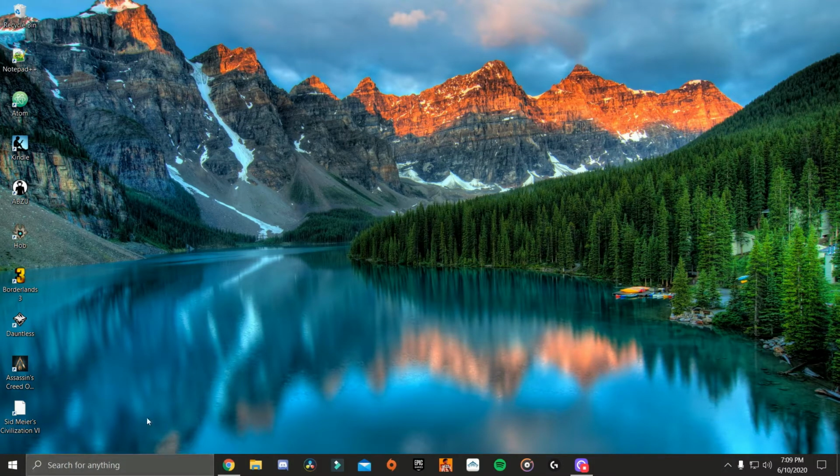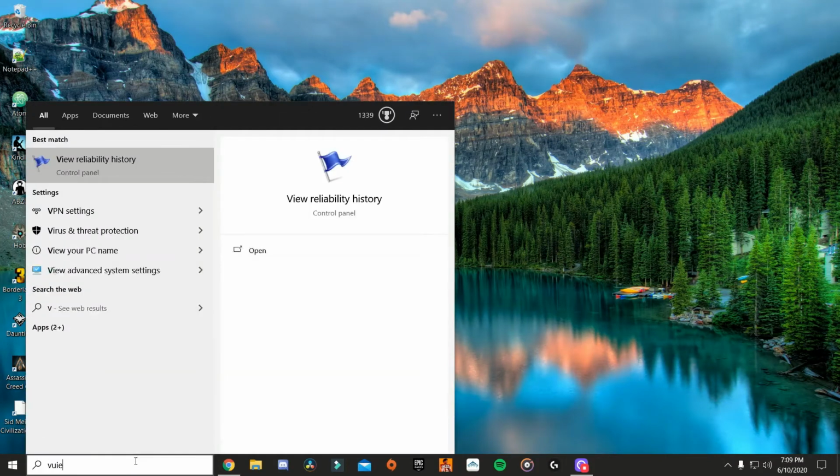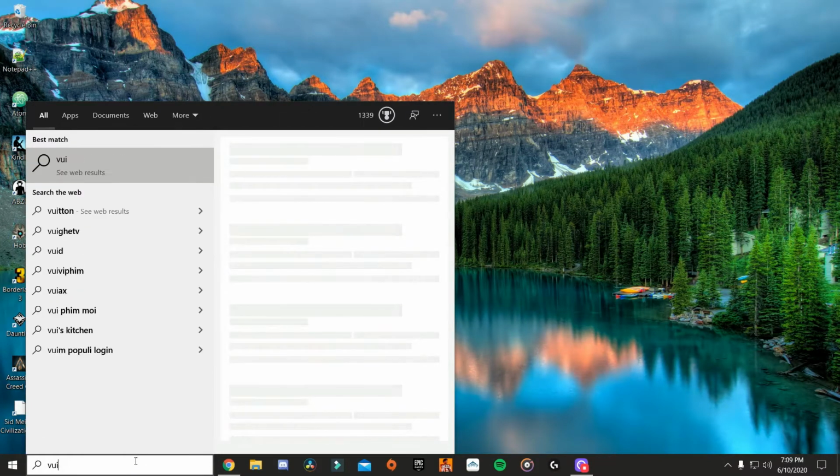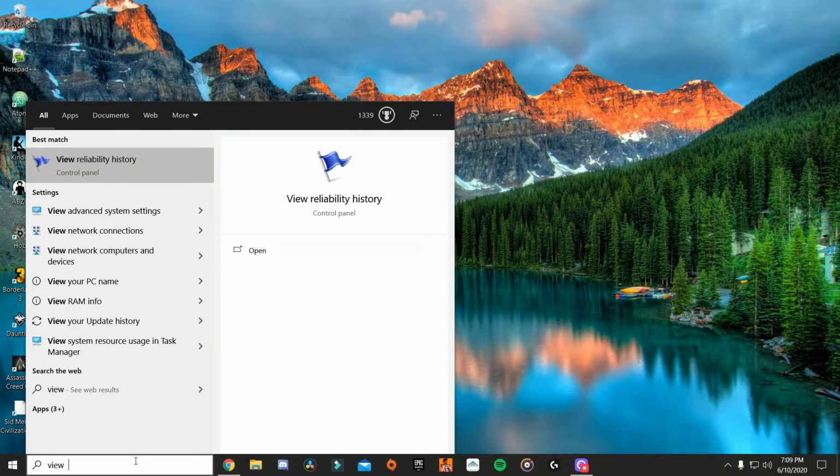So first thing we're going to do is go to the search bar next to the start sign, and type in View Reliability History. As soon as you type in View, you're going to see a little blue flag icon with the name View Reliability History with a control panel name underneath it. So just click on it